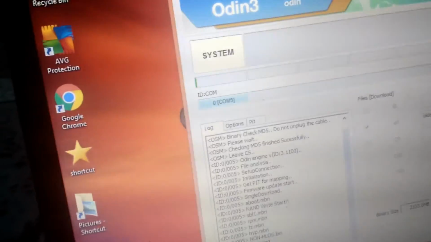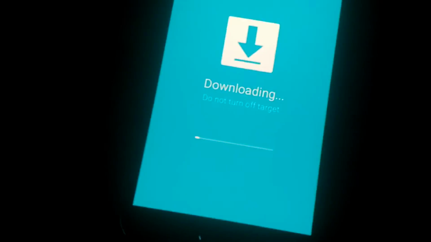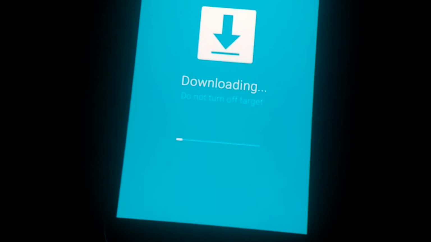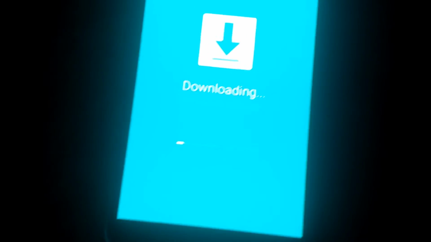So as you can see, this is the progress bar, and it takes a while, and it is updating the phone.